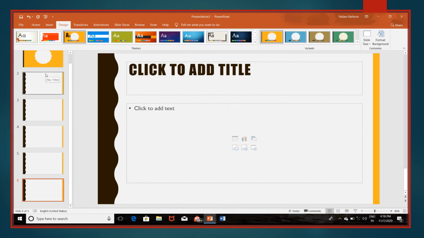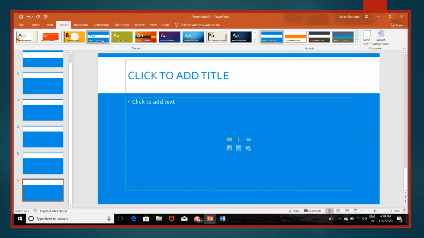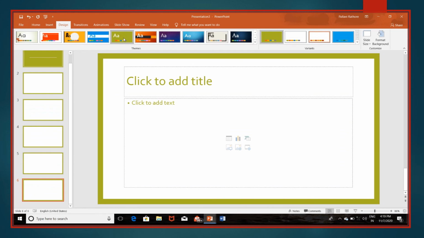After selecting a theme, we will click on it, and the same theme will be applied to all the slides available in the presentation. So this is how we can use different themes.